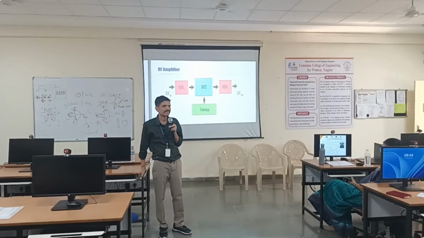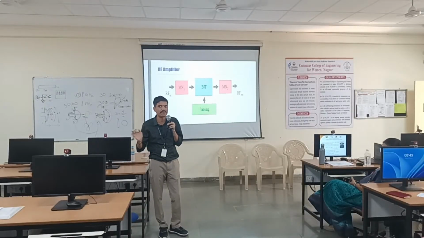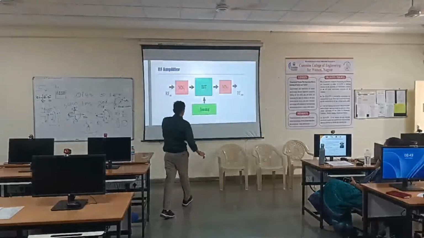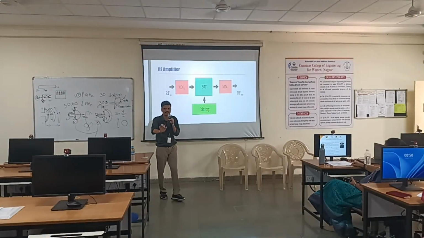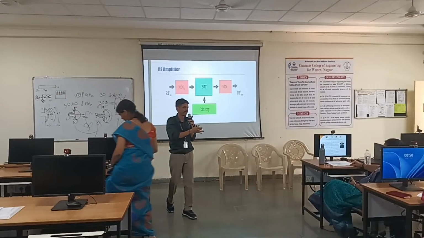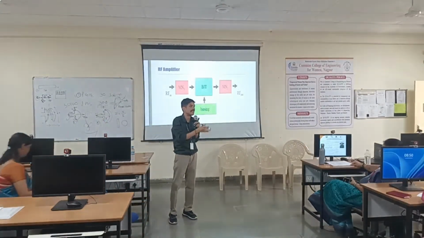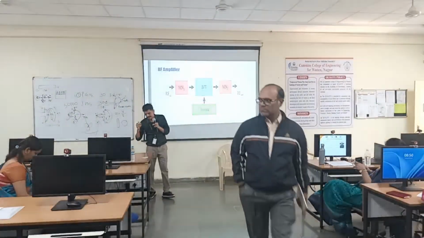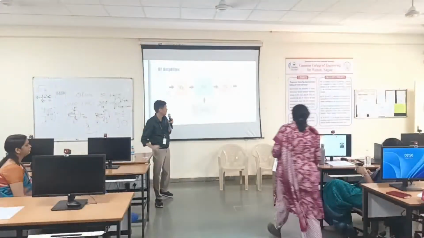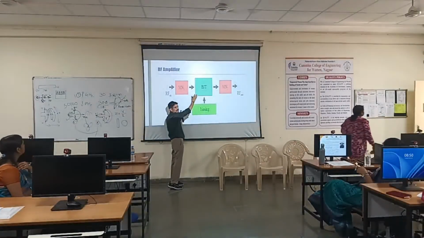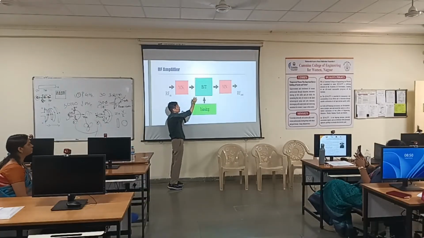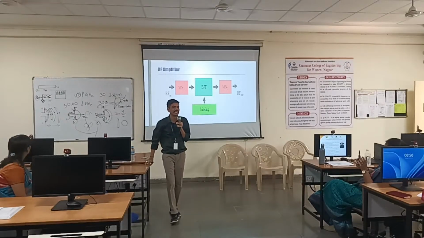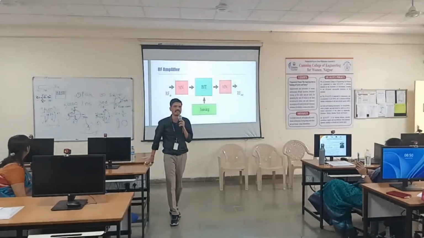Are you following? You got the crux of PA design or any amplifier design? Yes or no? The biasing is a totally different story. We'll touch upon it later on. Let's keep it aside, because biasing is the DC part. RF is not going to interfere with your DC section. The whole job of the DC bias is to bring the required power, voltages and currents, to the transistor, to make the transistor work in the active bias region. That is what we call the bias point. That is the only job of the DC biasing network.